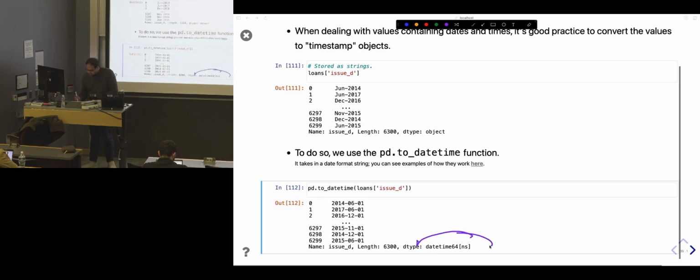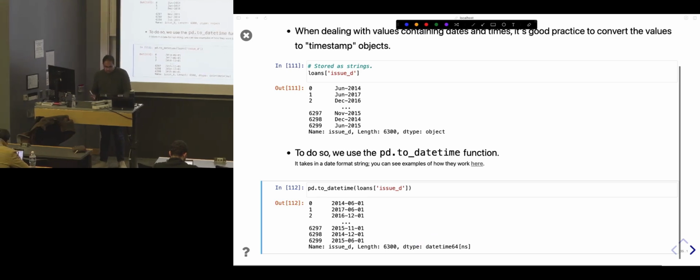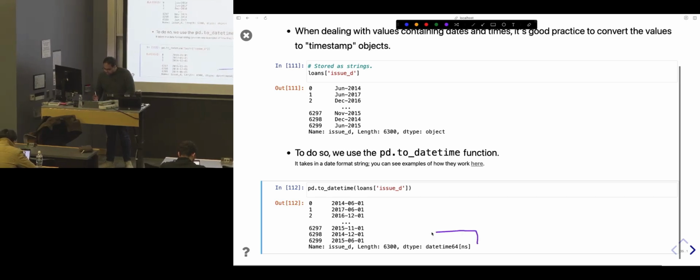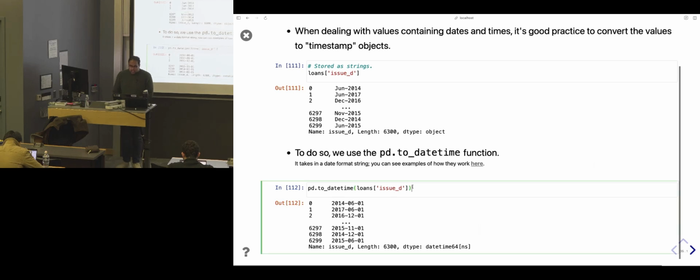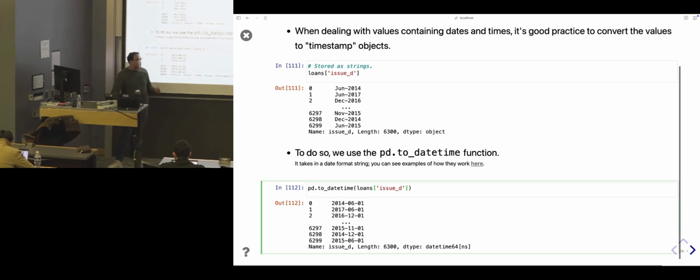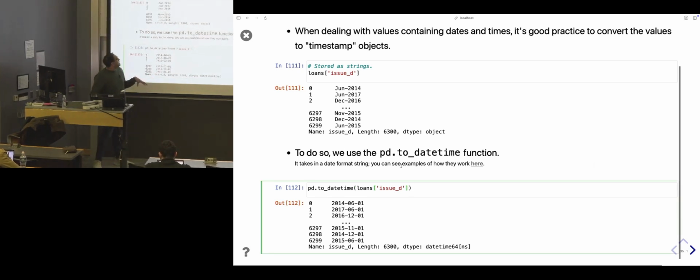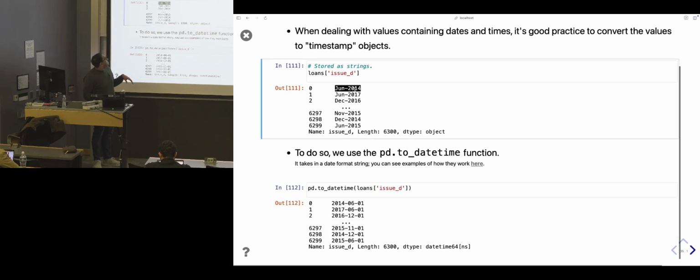So this is a new Pandas data type that we haven't seen before, and this is the kind of idea we spoke at length about in the linked guide about data frame internals. The Pandas data type of this series is datetime, and each element is too. Okay. So this example happened to work right away, but sometimes it can't automatically infer how the date was formatted